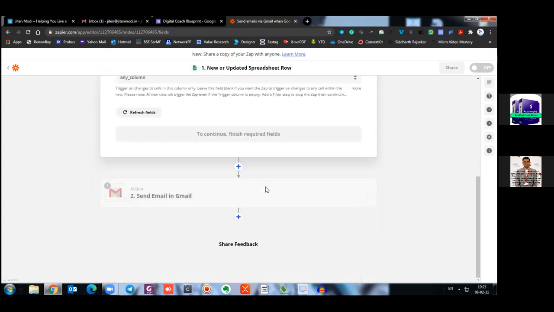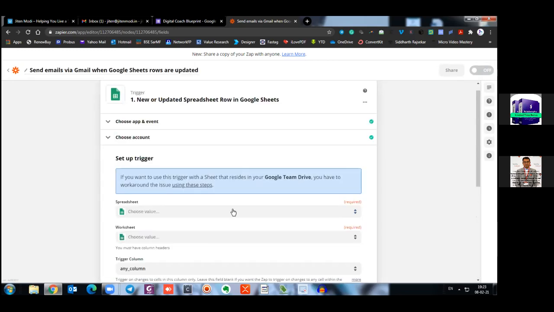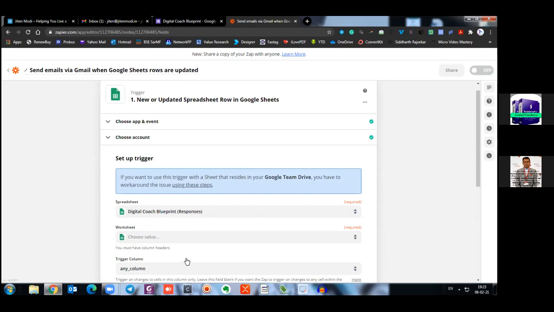Okay, it's gone too much. Here, when you are choosing your Excel sheet, it will show you all the names. So what was the name? This was it? Digital Coach Blueprint Response. Yeah, you can just click on the sheet. The name is more important because if you know the sheet name, you will be able to get it over here.